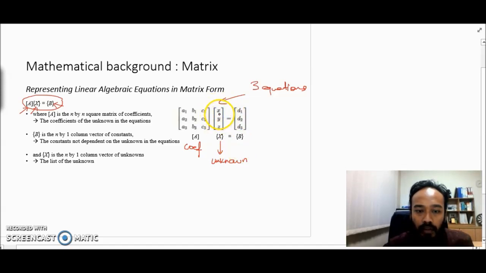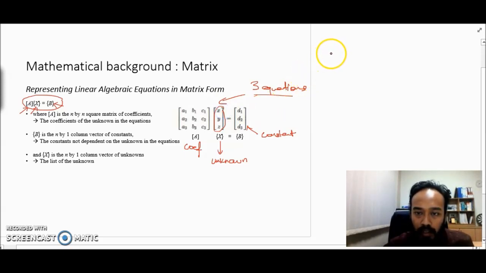So here the unknowns are called X, Y, and Z, and equal to, at the end, you have the column matrix of what we call the constants, right? So what does this represent in terms of systems of equations? If you want to know what this represents in terms of algebraic equations, what you need to do is to develop the matrix again. So it's basically a system of 3 equations with 3 unknowns X, Y, and Z, and the equations are,